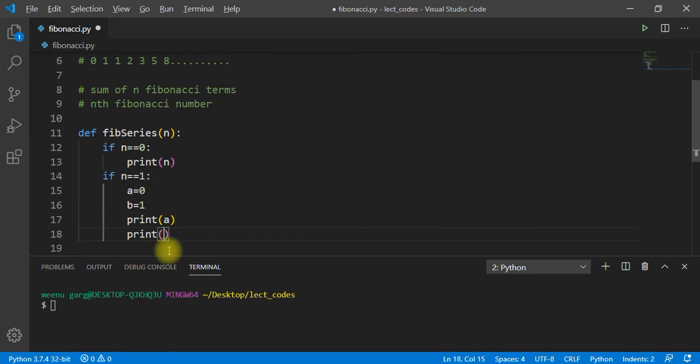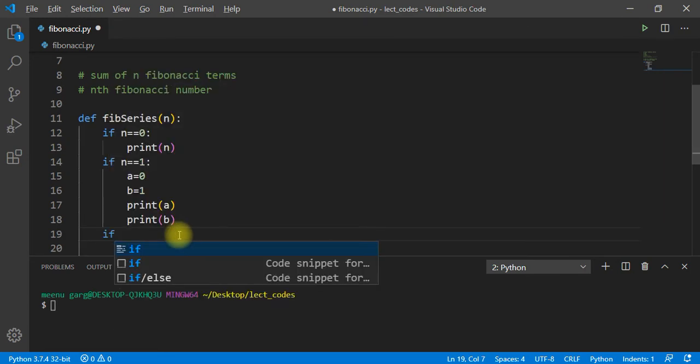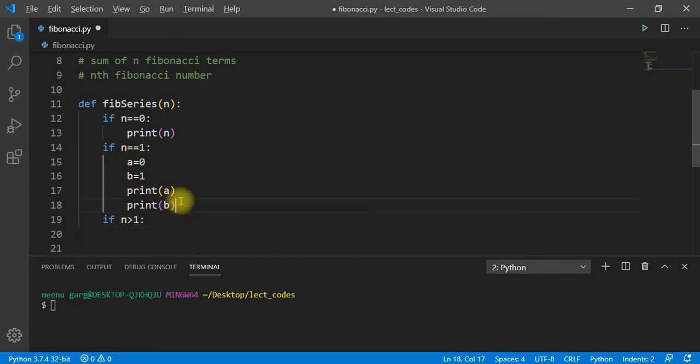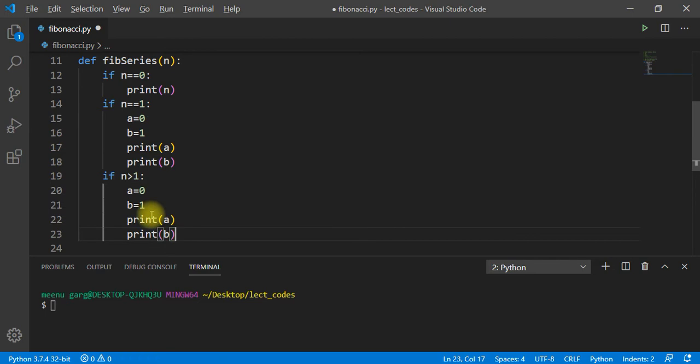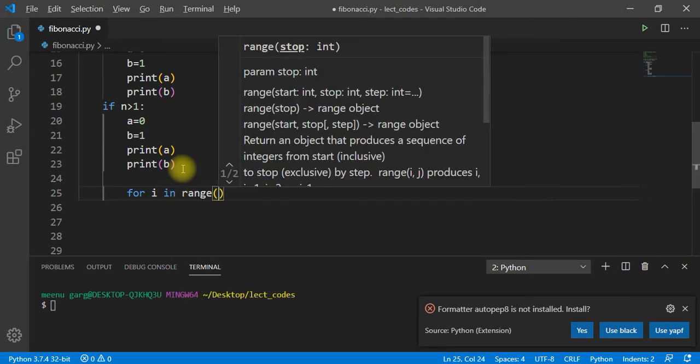Now what is the case if n is greater than 1? Then we just keep on looping, since we need initializing. Now we need to update our cth element. For i in range, from where?